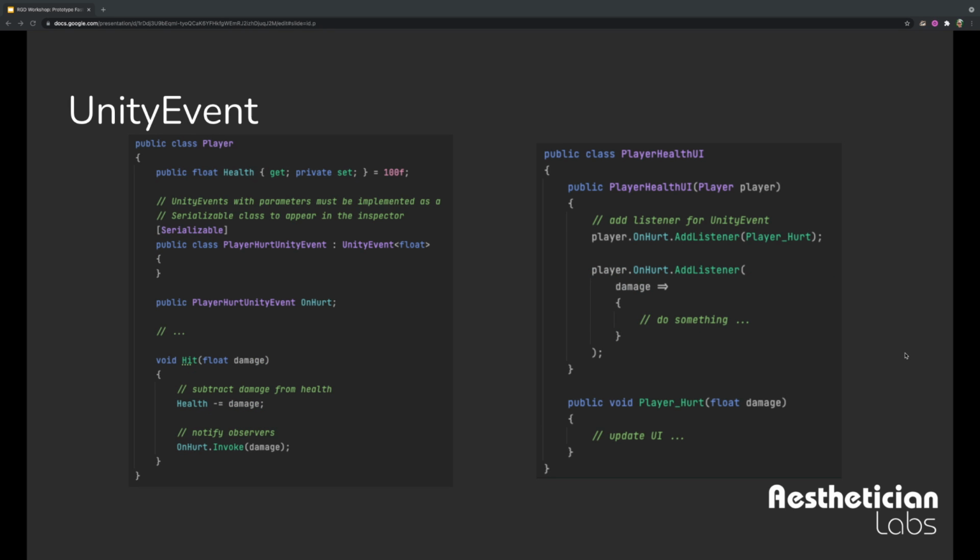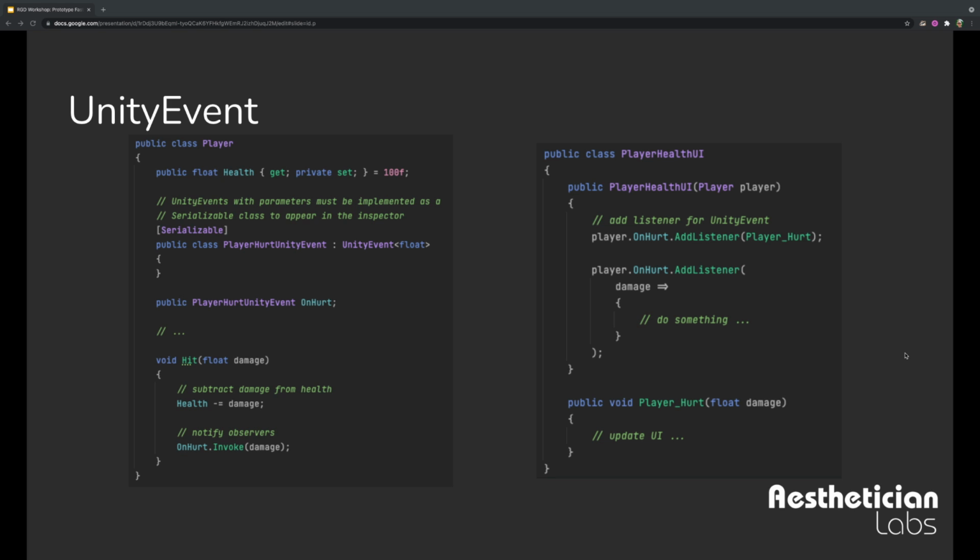And Unity has a similar thing that is built out of the C# events API. The Unity event, you can define just a generic Unity event that has no parameters, and that's fine. That'll just be a standard callback. Or you can define a Unity event with parameters, but an interesting quirk is that you actually need to define it as its own type. So you have a class PlayerHurtEvent, right? That is extending the Unity event with the float parameter.